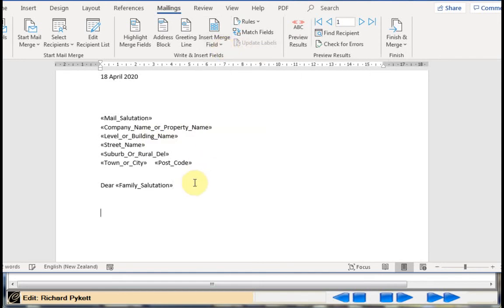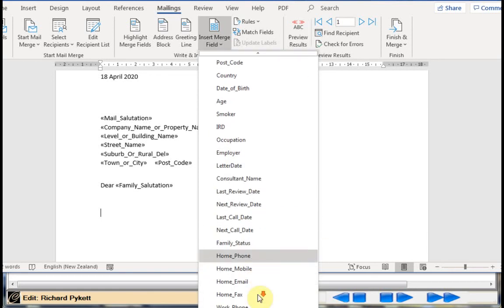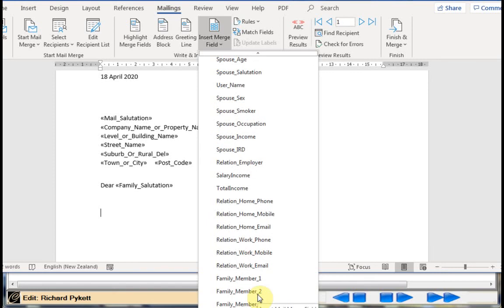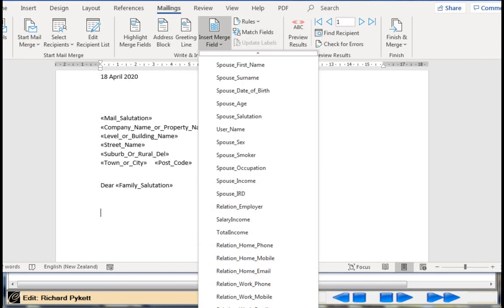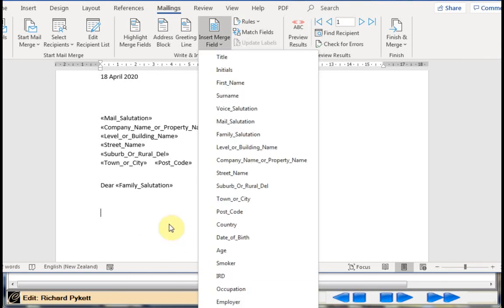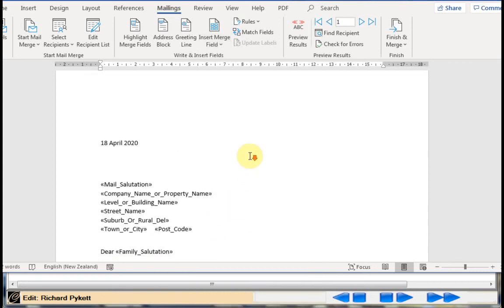So we'll come down and you could have date of birth, age, smoker, occupation, consultant date, phone numbers, all of those things, right up to I think from memory there were 62 possible merge fields that you can use from there. But these are the main ones. 90% of the letters you use will only have this in it. So you can then save that document, exit from Word completely,